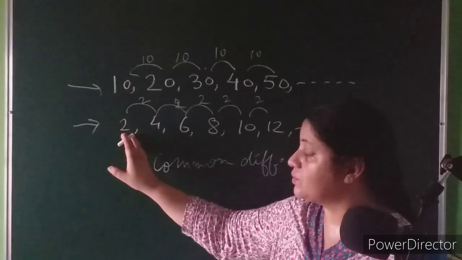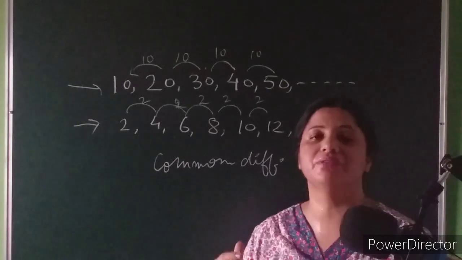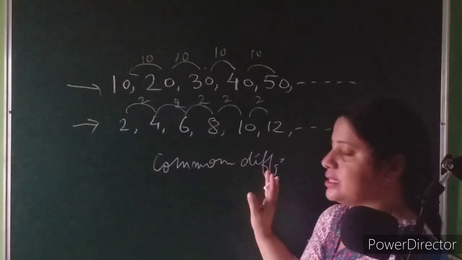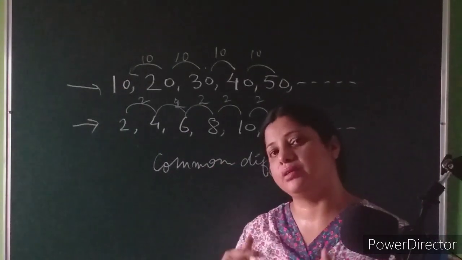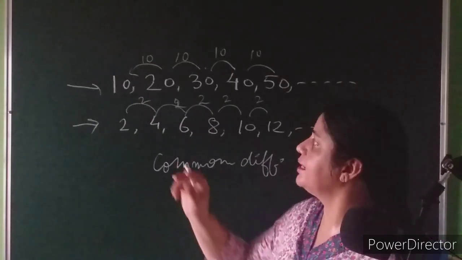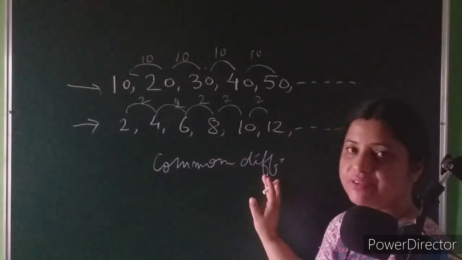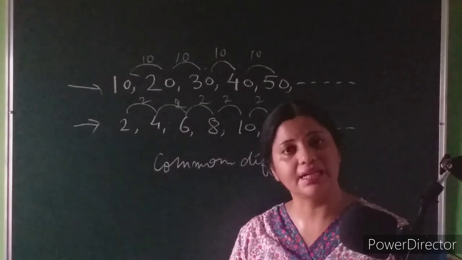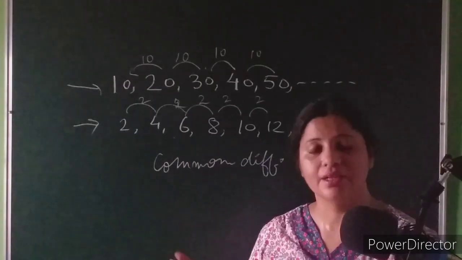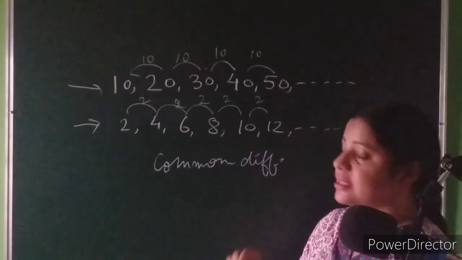Now I say this is a sequence of which kind? This is the sequence which follows a common difference between the consecutive terms. So students, now I am coming to the point from where I will start today's topic. A sequence in which the consecutive members have got a common difference is called an arithmetic progression, right? So this is the new topic for today, and the name of the topic is arithmetic progression.